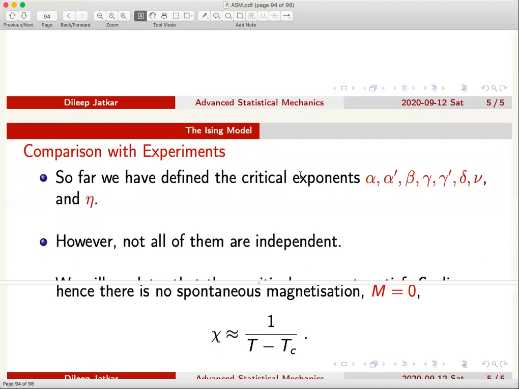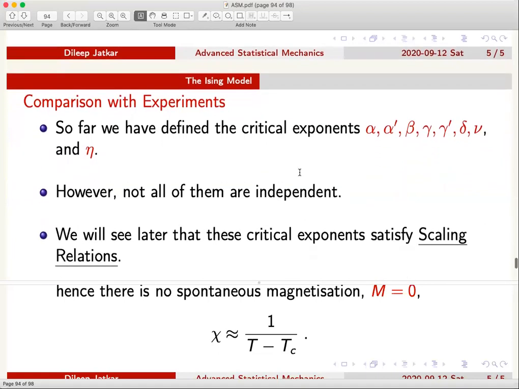These relations are called the scaling relations, and we will spend some time deriving them. When we study Landau theory, we will in fact give a microscopic description of these scaling relations, which comes from the Lagrangian that we would write down in the Landau theory. So far we haven't written down any Lagrangian. We have written down a Hamiltonian for the spin system, but for all practical purposes within mean field theory, we haven't really used that Hamiltonian.